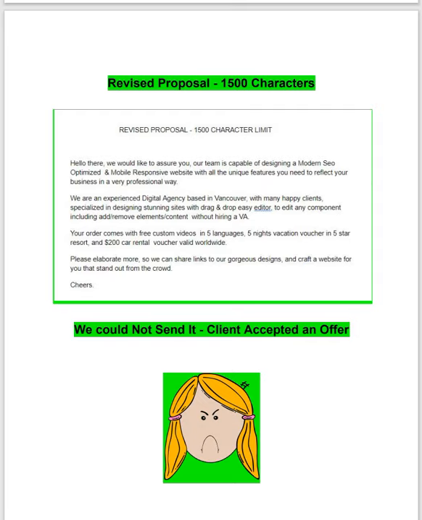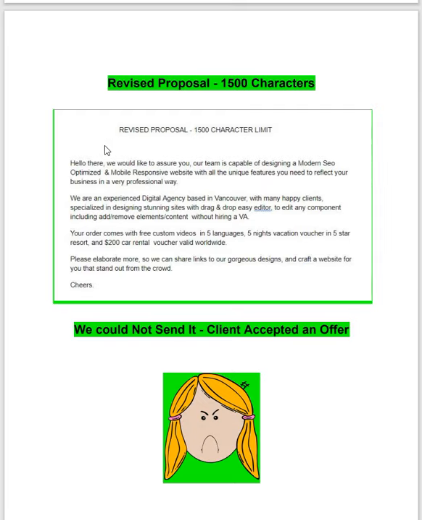So every letter and every element, like every letter, comma, period, dash, any element you use, is treated as a character. So we cannot have more than 1500 characters, and 1500 characters is really a small proposal. Okay. So what did I do? I did my best, and I compressed the message into a 1500 character message.